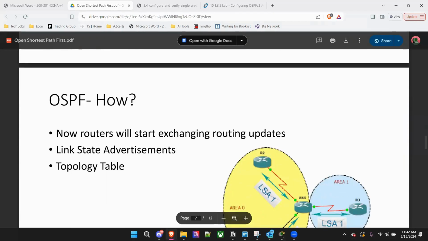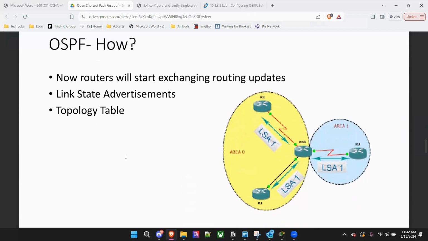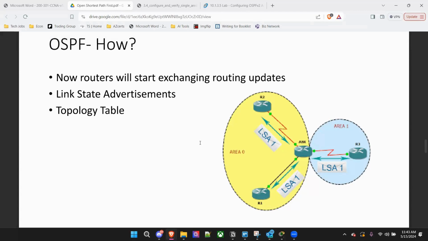Now they make the network type, the adjacencies are formed. They go ahead and start exchanging all this information. This information we call LSA, link state advertisement. It's just saying, hey, this is my routing table, right? And the other one is like, oh, thank you for your routing table. This is my routing table. Then they update their own routing tables with the networks and the links that they've learned from the neighbor router. So with OSPF, just really look at it as routers sharing traffic routes with each other,